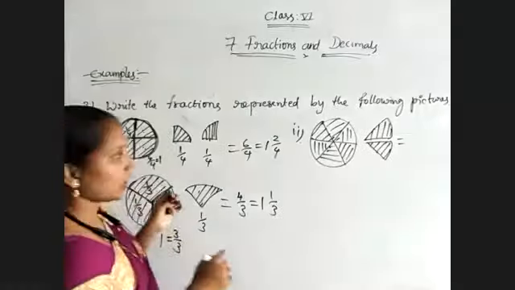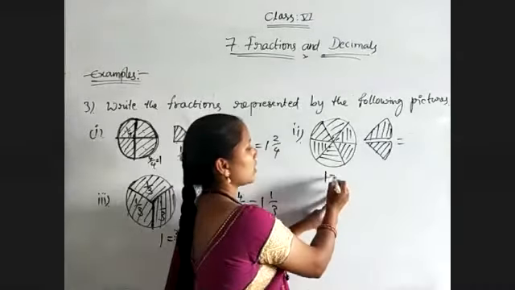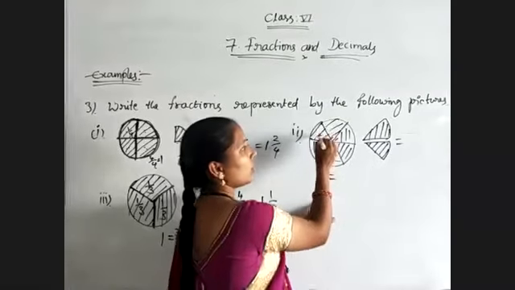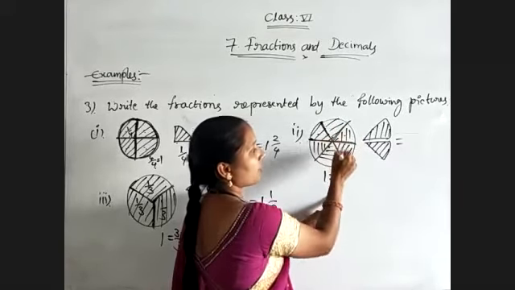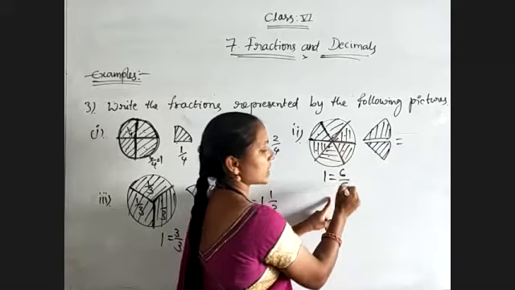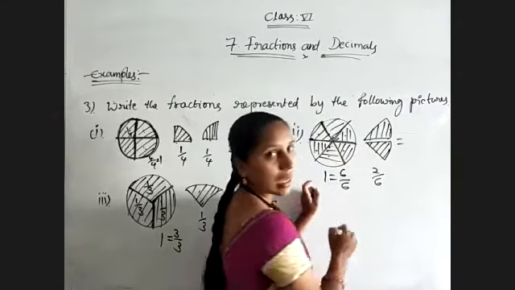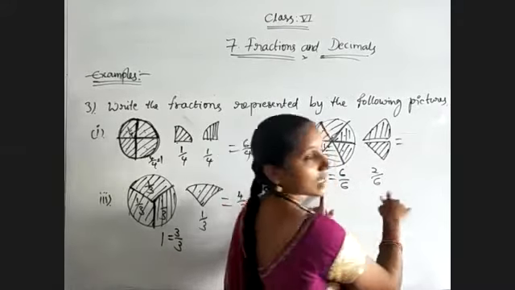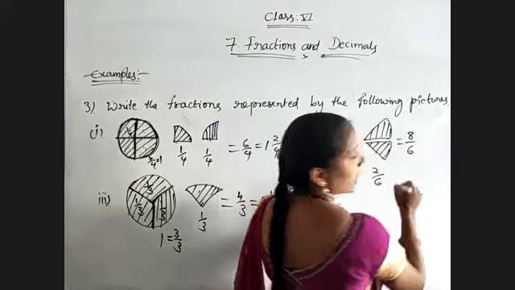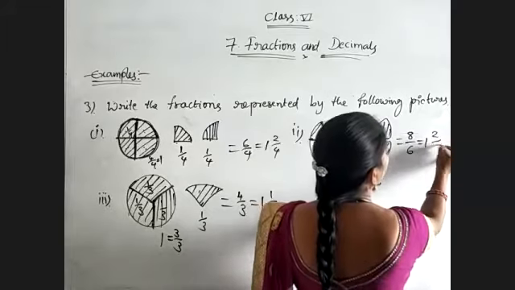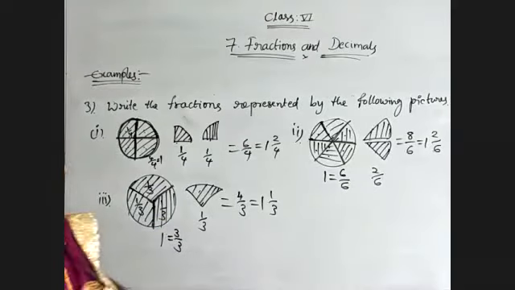Okay. Now coming to the second question, like that only. Total one whole is used. And here in that whole, it is divided into how many equal parts? 1, 2, 3, 4, 5, 6. So that is 6 by 6. And here 1 by 6, 1 by 6. Remaining are 2 by 6 are there. So 2 by 6 is the mixed fraction part and 6 plus 2, 8 by 6 is improper fraction. 8 by 6, otherwise 1, 2 by 6. Okay, that's all. Don't confuse, very, very simple.